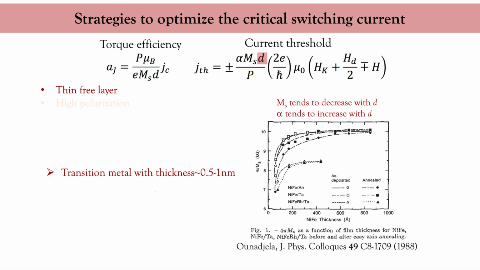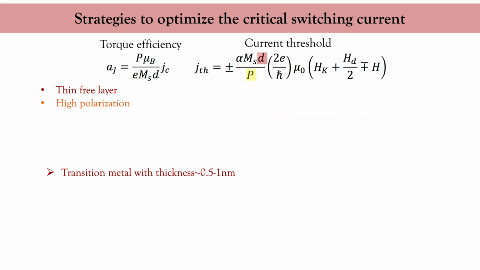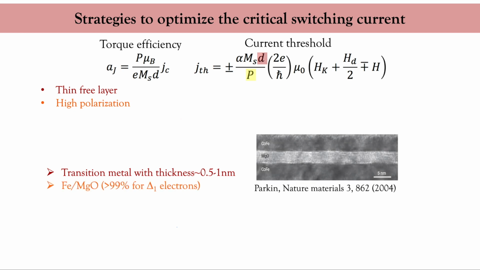Second, we need a material with a strong spin polarization. As we have seen in the previous lecture, the best system to date is the iron MgO magnetic tunnel junction that displays more than 99% spin polarization for delta 1 electrons. Another approach, which can be combined with MgO tunnel junctions, is to engineer the spin dephasing in the ferromagnet by